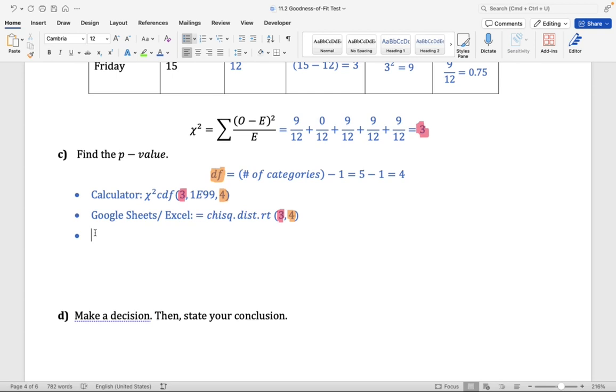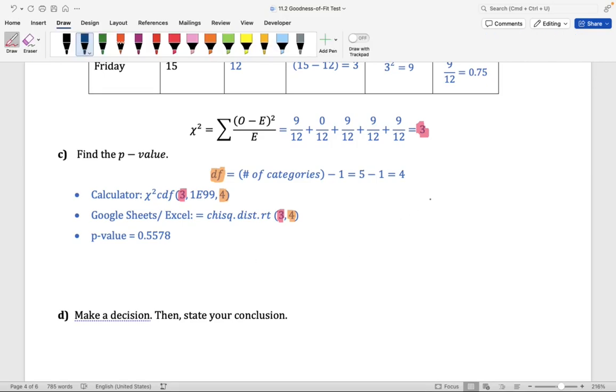So let's make a note of the p-value. The p-value in this case is 0.5578. And here, you know what? I'm just going to go ahead and round to 4 decimal places. Now, I wouldn't want to round to 1 decimal place or 2 decimal places because I'm going to be comparing this value with alpha. And here, alpha is 0.05. So again, I would want to round to 3 or 4 decimal places. With this p-value, we can make a decision. Are we going to reject or fail to reject the null hypothesis? Okay? Now remember, this is a right-tailed test.